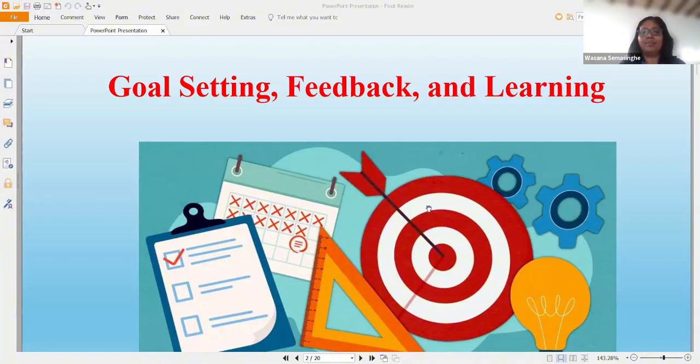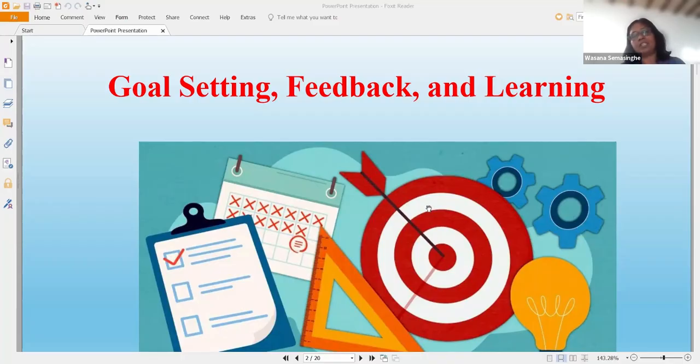For example, a student may set a goal to improve his or her mathematics marks from 60% to